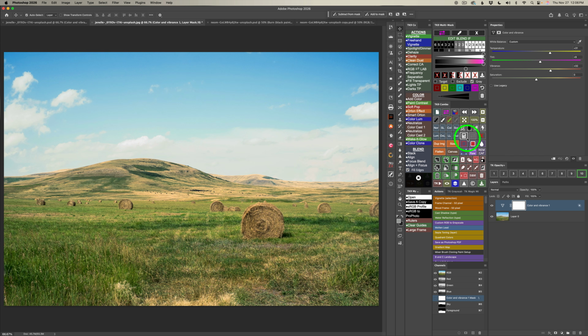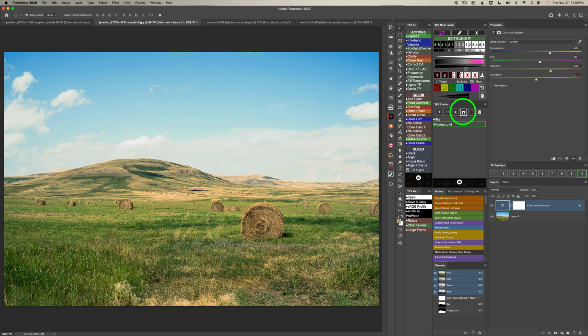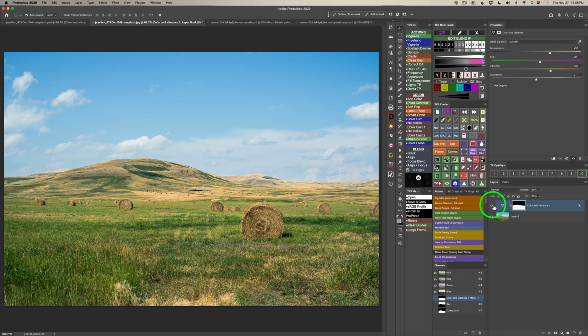Now I can come up to the layer mask calculator, click this button, click on sky and minus to subtract it, or foreground and this button to apply it. Either way works. I'll shut this off. Here's before and here's after, but look how nicely this is warmed up here in the highlights. I think it's a little too strong, so let me click on the 7 for 70% on the opacity plus